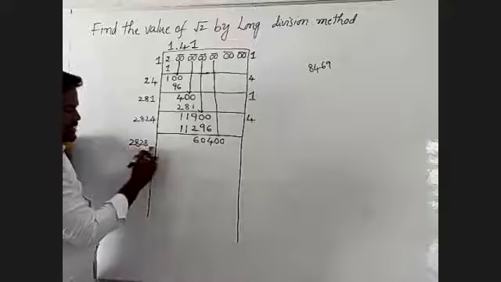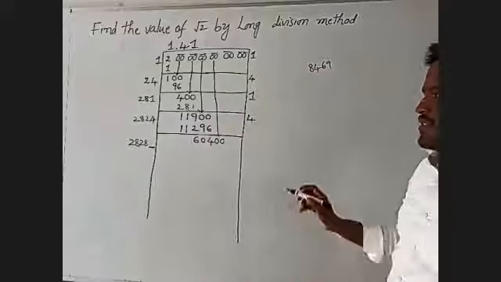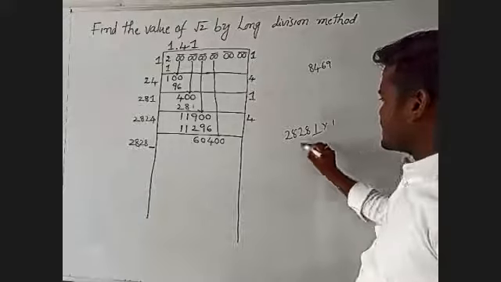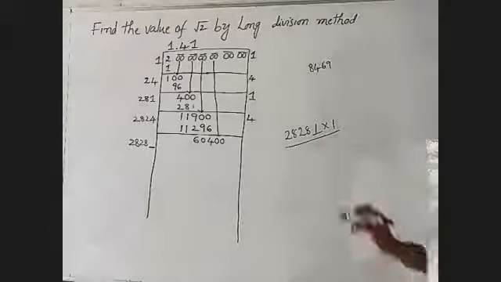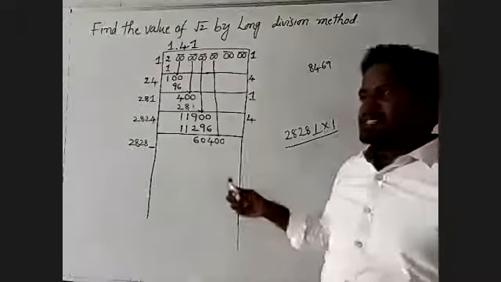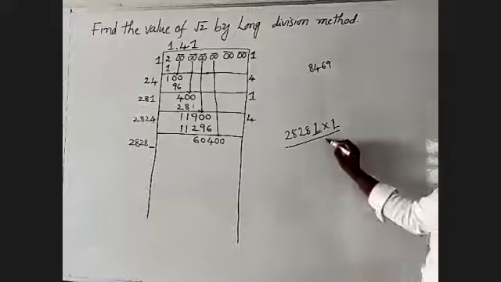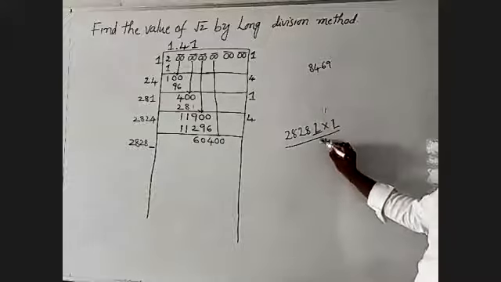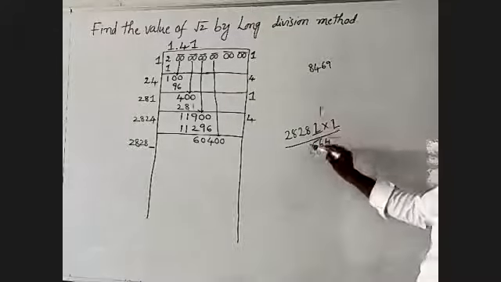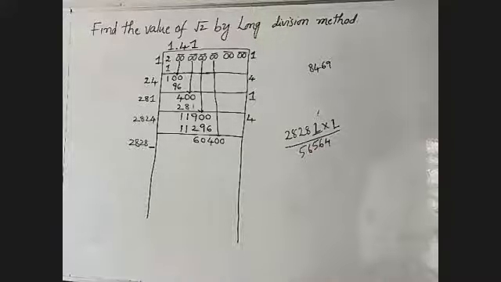2828. If I take some number, it should satisfy this one. That means I will take 2828, units place becomes 1. The entire equation can be multiplied by 1. Then the given value is 28281. Here the number is very big. Then this can be multiplied by 2. Here 2 2's 4, 2 8's 16, 2 2's 4 plus 1 becomes 5, 2 8's 16, 2 2's 4 plus 1 becomes 5.